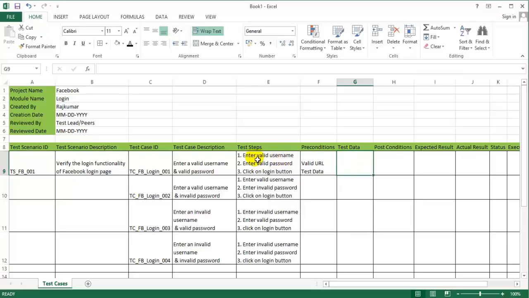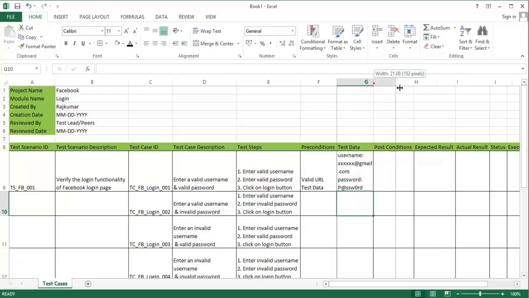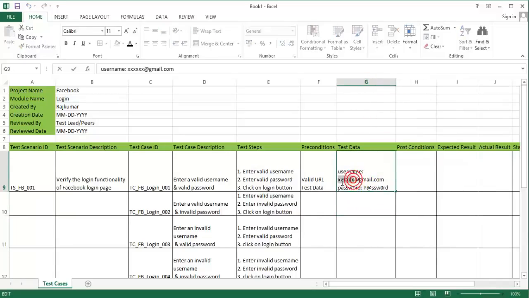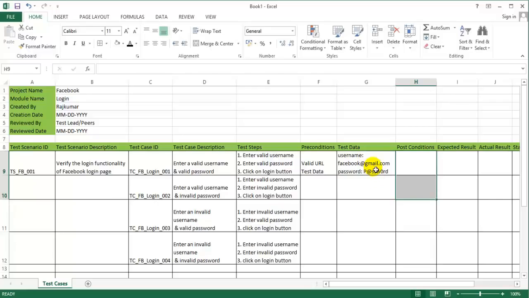Here, for enter invalid username and valid password, we need to have a valid username and valid password. Username,